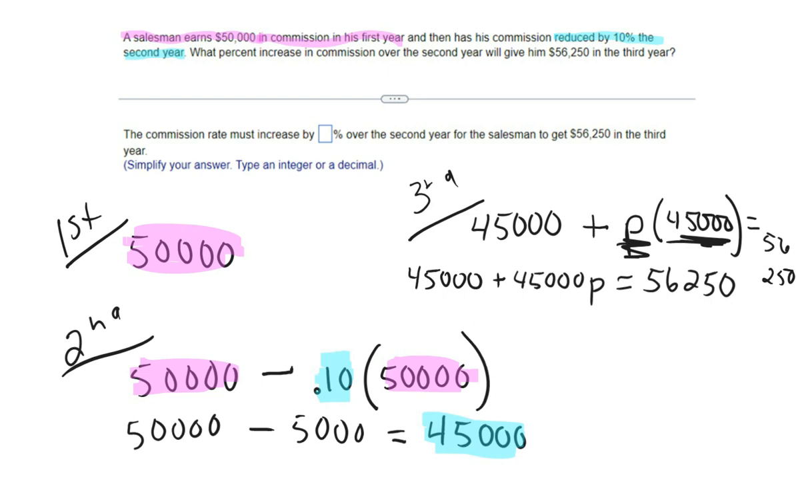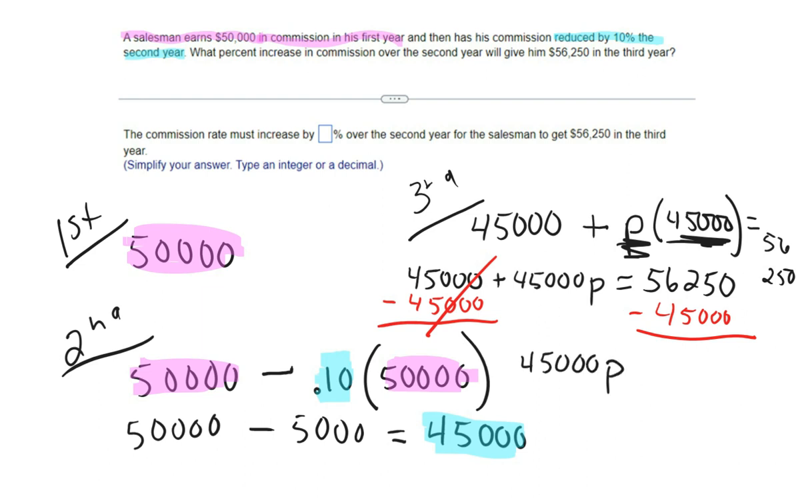And in order to solve this, I'm just going to use algebra. You can use your graphing tool if you want, because it's a word problem, but I'm just going to do the algebra. That cancels out on the left, so I'm left with 45,000 P is equal to 11,250, and now I'm going to divide off the 45,000 on both sides. Okay, so that cancels, and P is going to equal